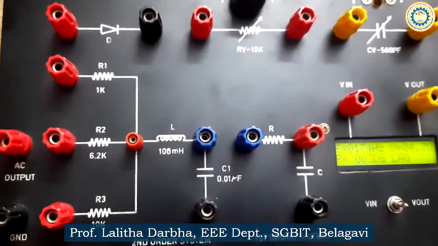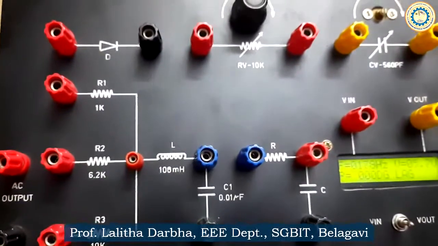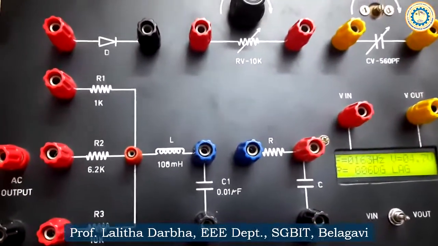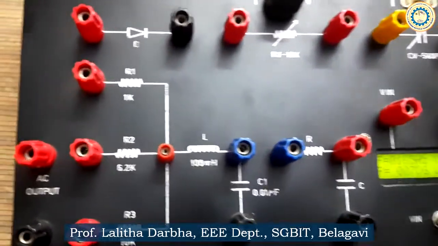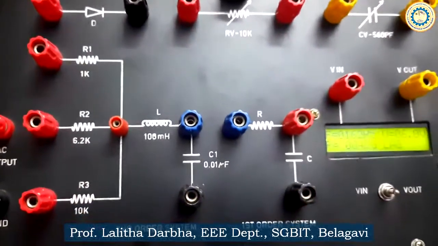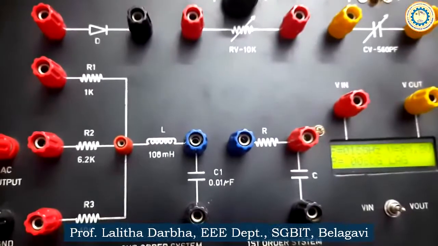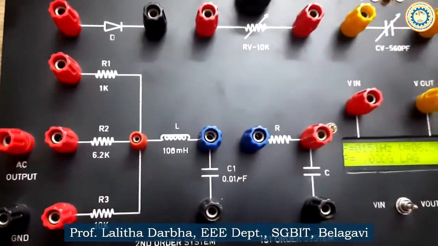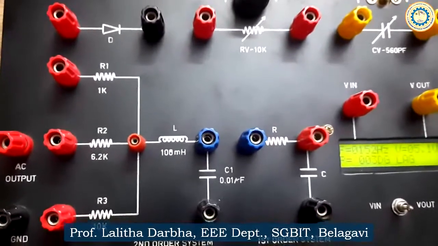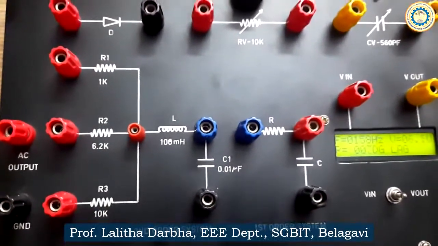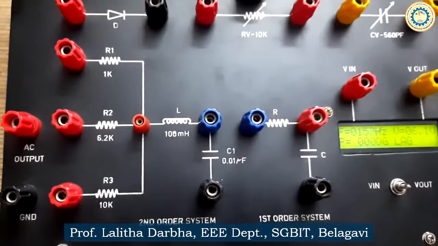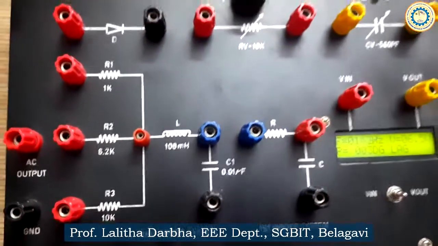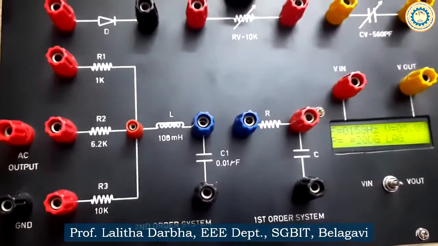Yesterday we derived the expression, in the class also we have derived. So here we are seeing that the same value of 0.158 gives us a resistance of 1K. Similarly, for damping factor of 1, that is a critically damped system, we have the resistance calculated to be 6.2K. Similarly, for an overdamped system with 1.58 damping factor, we have calculated the resistance value to be 10K. So these are the 3 different resistors.